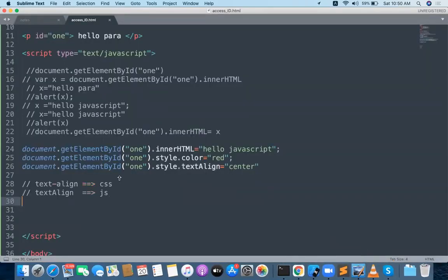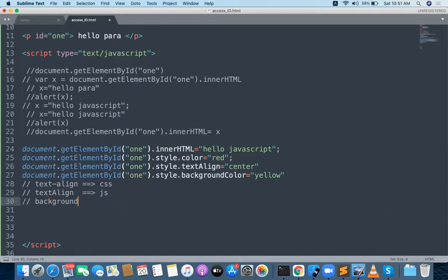One more thing: I want to apply some background color. How to apply background color? backgroundColor equal to something like yellow. The same background color is written differently in CSS and JavaScript.